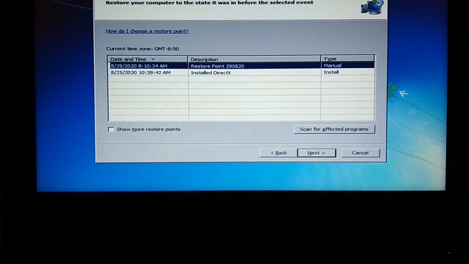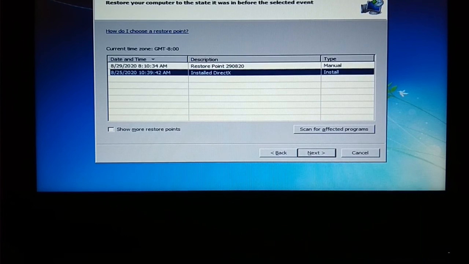If you don't know how to create a system restore point in your system, then just watch the above video. So the system restore point is by default selected, so I don't have to do anything.